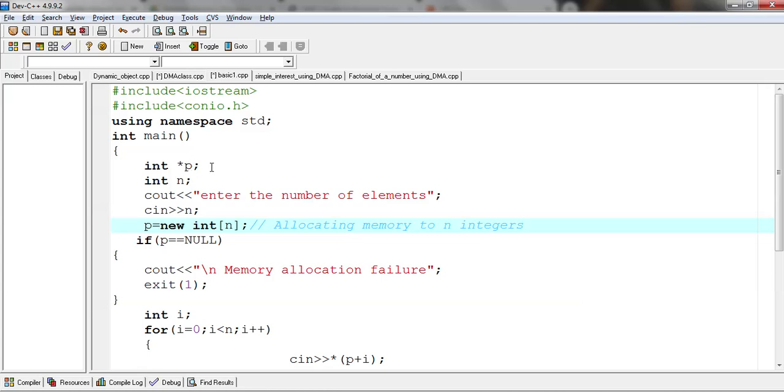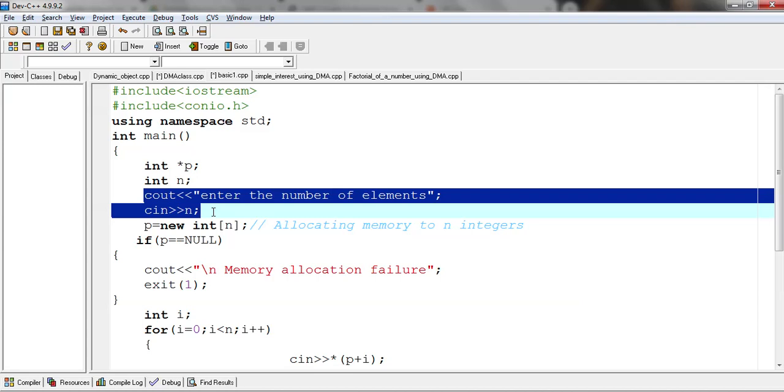See here, I have declared a pointer variable p. N is the number of elements. Now the first thing, why I am going to take n before, because according to this